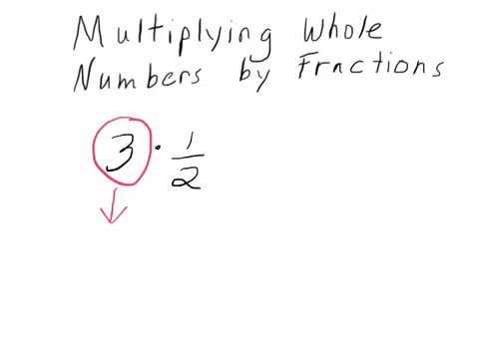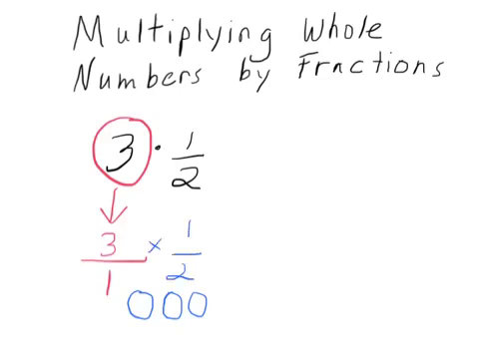So 3 wholes is the same as 3 over 1, because the denominator tells us how many parts, so that we're talking about wholes, and the numerator tells us how many. Essentially we're looking at this: 1, 2, 3. And then multiply is another word for "of," so 3 of a half, or 3 times a half,